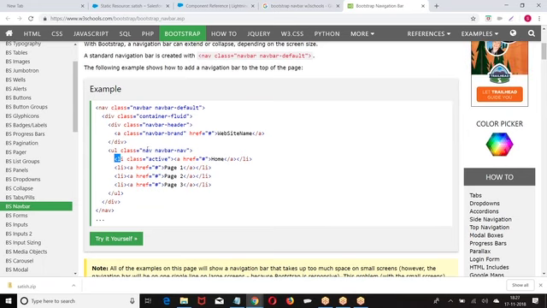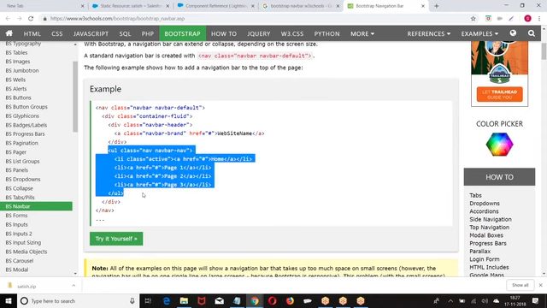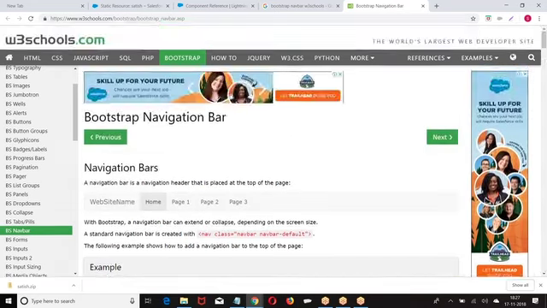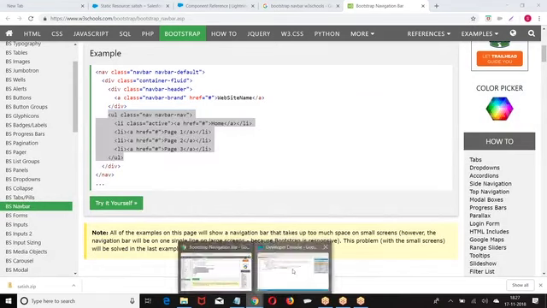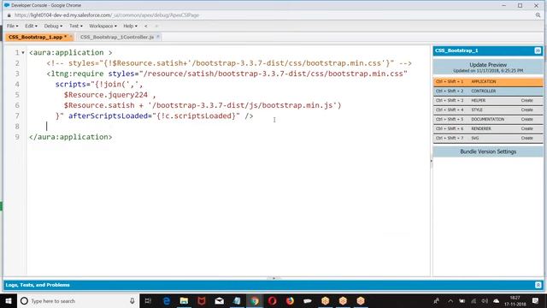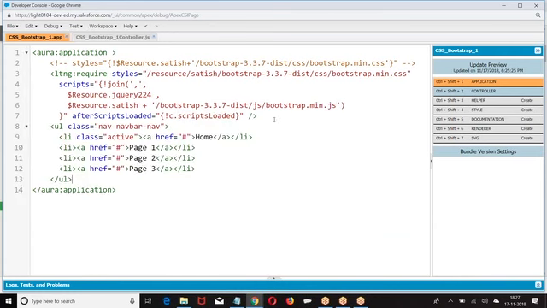Are you getting my point? Now what was this style? Class equal to nav. So I am going to copy this code. What is the CSS class we have? Nav, navigation, nav bar. Go to this. Basically an unordered list: list item 1, list item 2, list item 3, list item 4. The look and feel of Bootstrap we are getting, right?